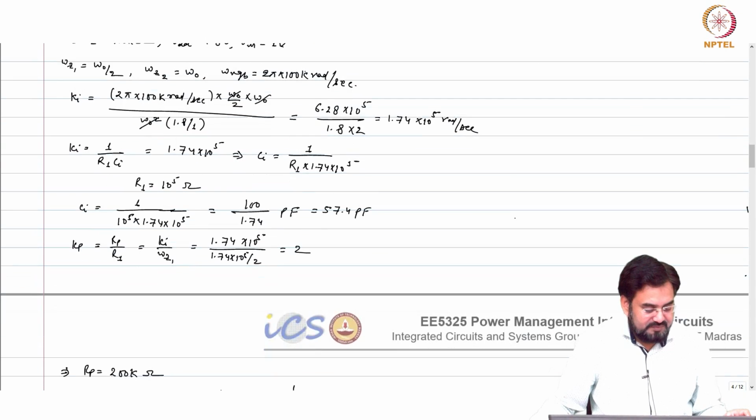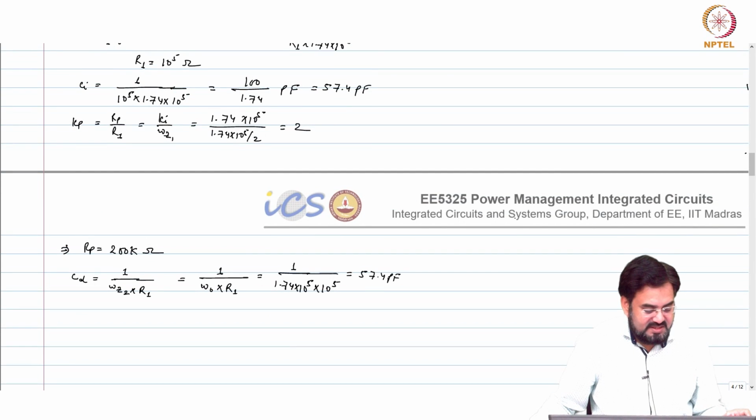So now if I change the values of omega z1 or omega z2, then these values will change, but my 100k should remain 100k. So I have created one Excel sheet.